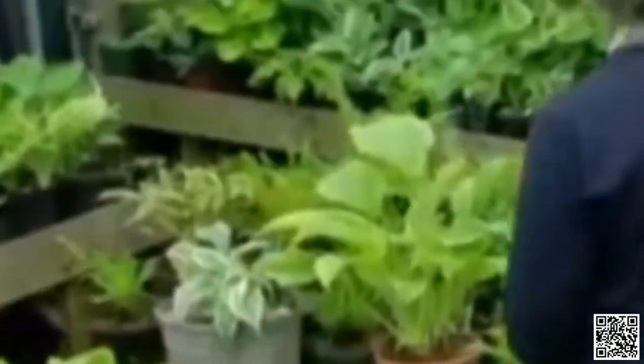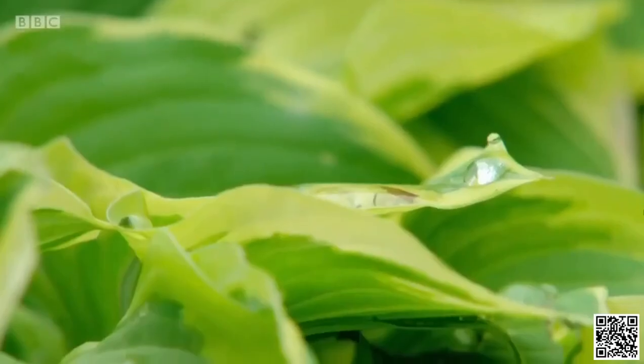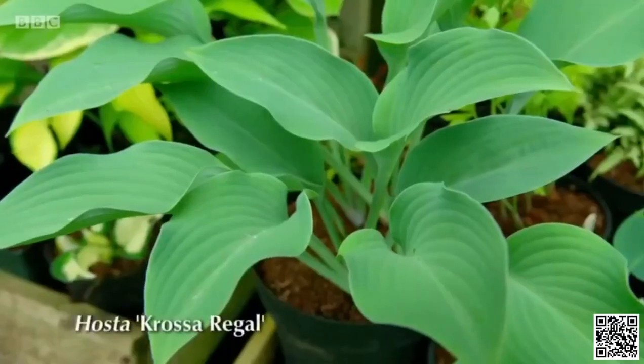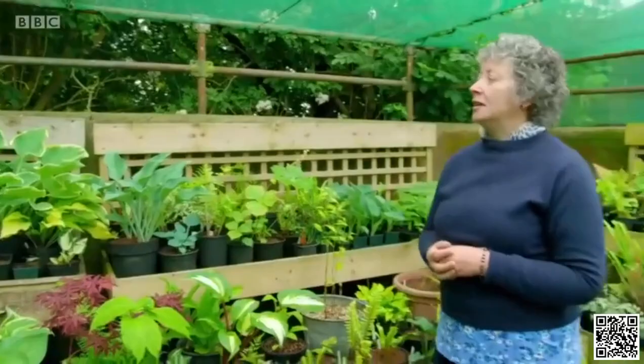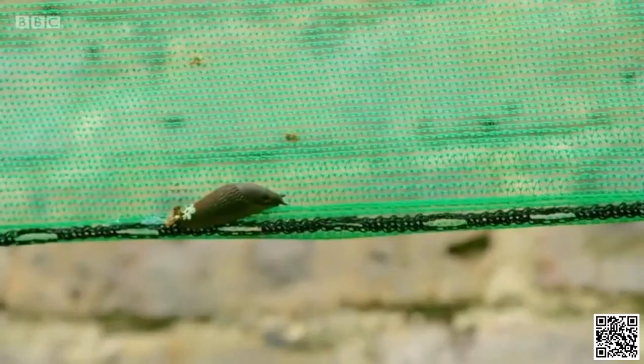Hostas offer such a wide range of colour and form. There are so many variegated types that in combination with other shade plants would really look fantastic in a garden setting. This lovely blue one here, very upright habit, is called Crossregale, and this other rather large one here with lovely green and yellow foliage is Hosta Sage. Not the most attractive name, but is a favourite of ours anyway. We have to make sure that the pots we put them in don't have a lip because the little critters hide underneath the lip. As soon as we notice a leaf has a nibble, we're then looking to...